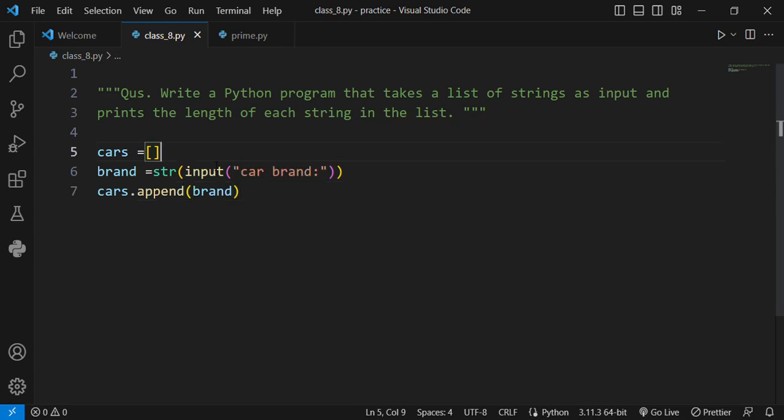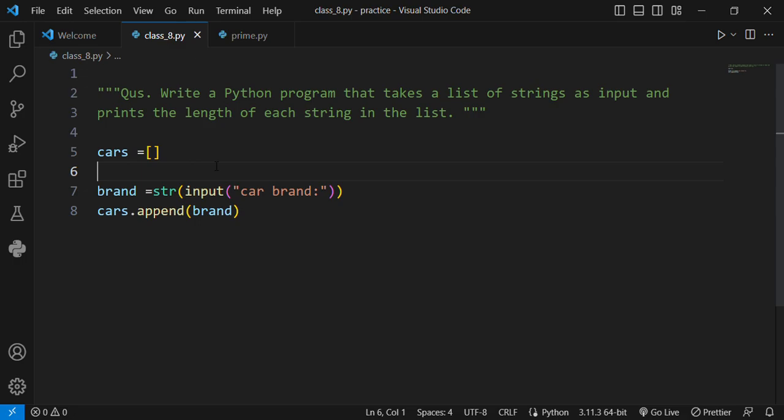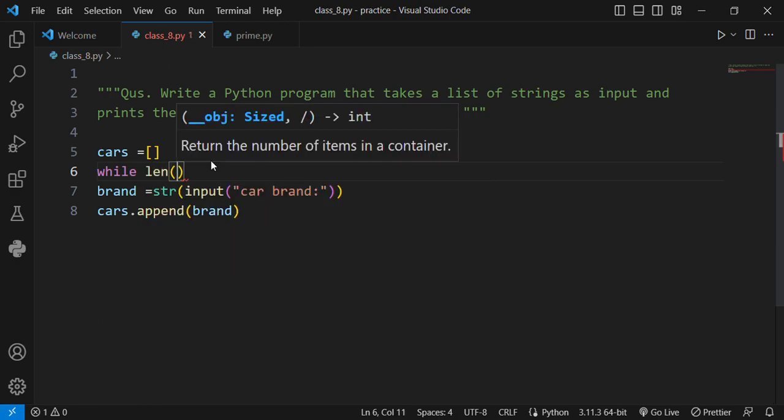And we take the 5 inputs from the user by a while loop, while length of